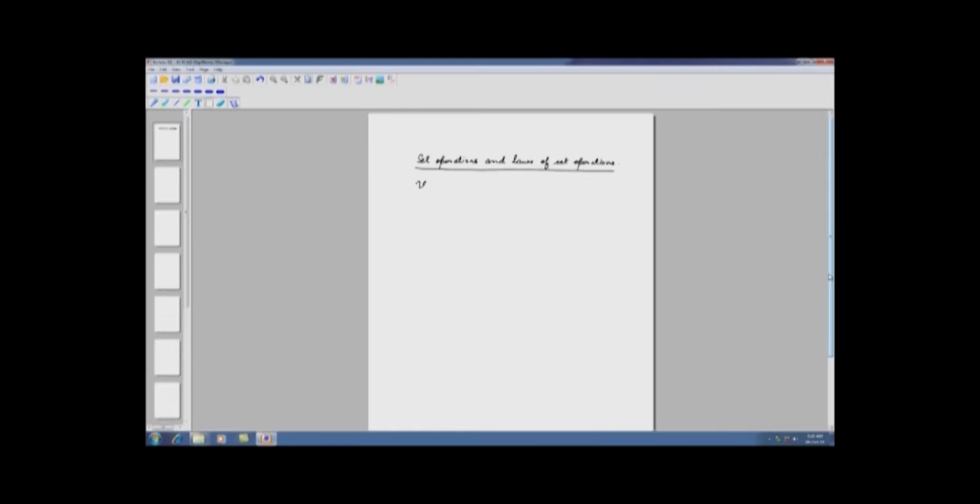Now, our starting point is U, the universe, and capital A, capital B, capital C, etc., which are subsets of U. Now, we define several operations involving these sets A, B, C. We define the following: